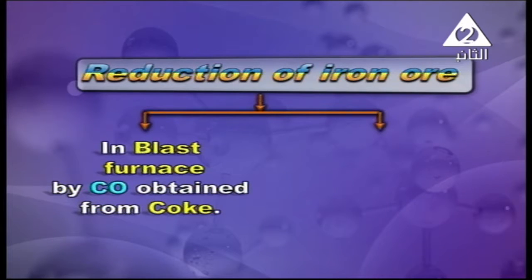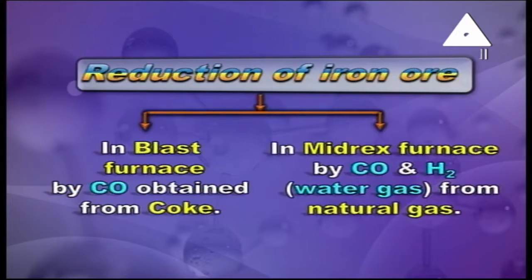The blast furnace reduces the iron ore by carbon monoxide gas, which is obtained from coke. The second type of furnace is the matrix furnace, which uses carbon monoxide and hydrogen gas, which we call water gas, obtained from natural gas, to reduce the iron oxide, which is hematite,